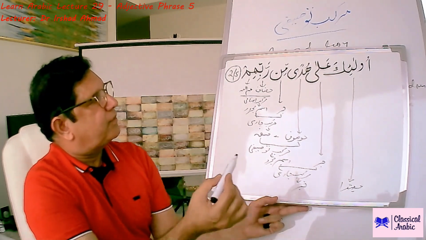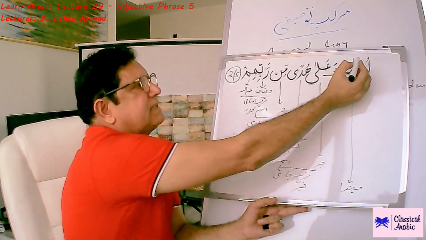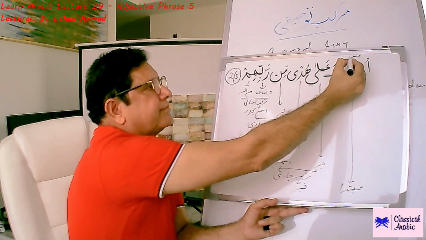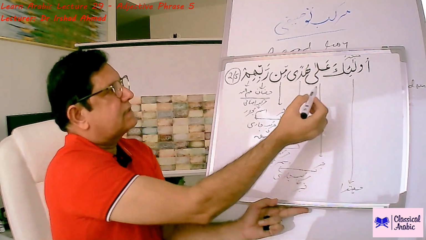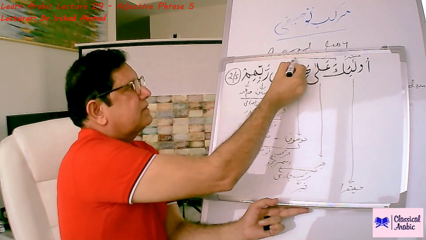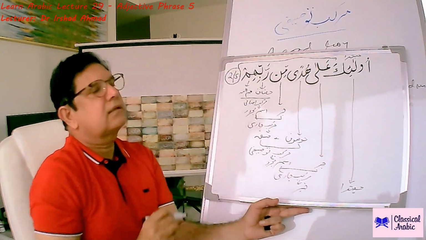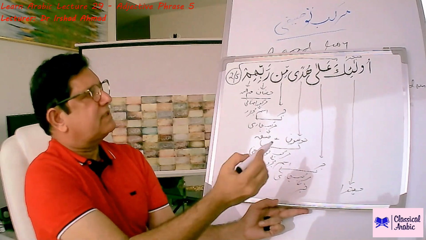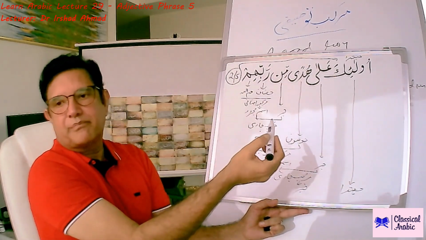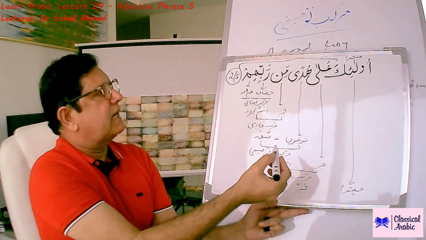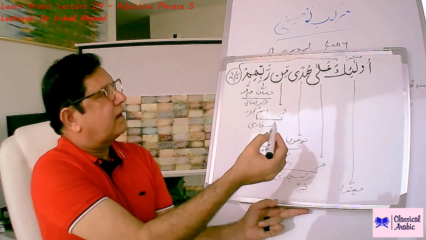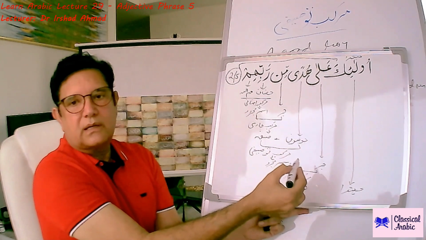So looking back on it, this is mubtada, and if we have a mubtada in a sentence, it has to be followed by a khabar. So the whole of that structure is khabar. So you have seen that this khabar contains more than one phrase, more than one sentence, and to become a complete